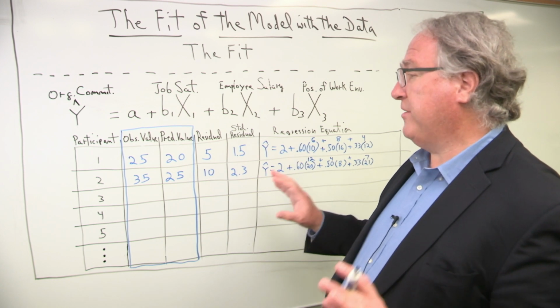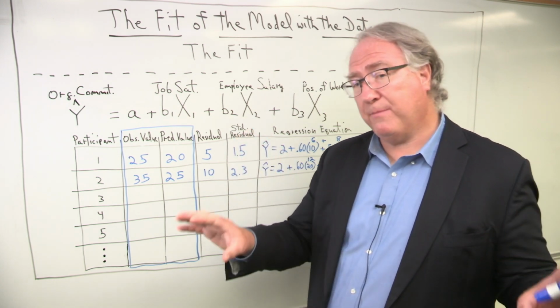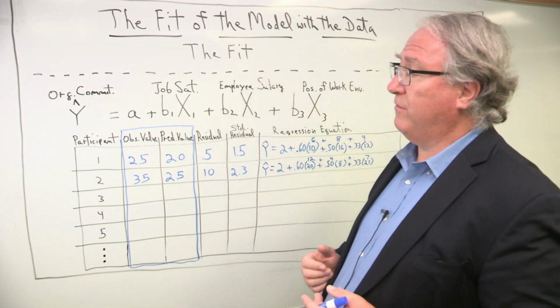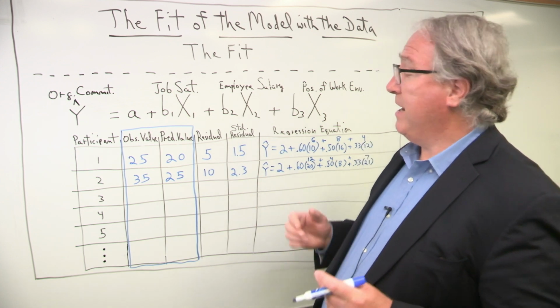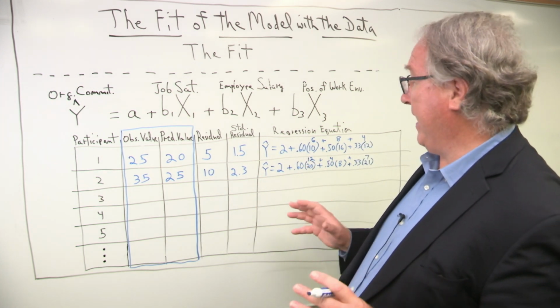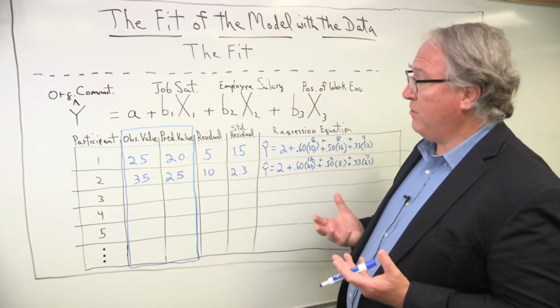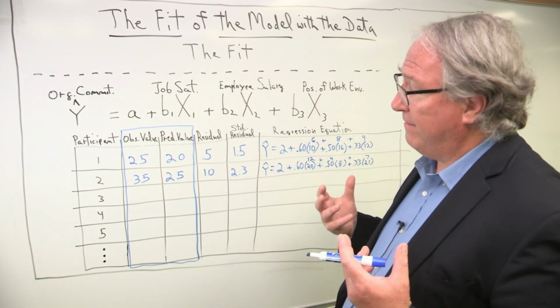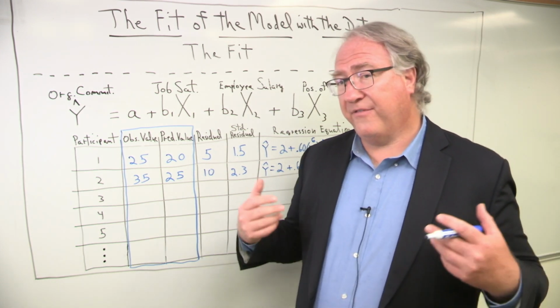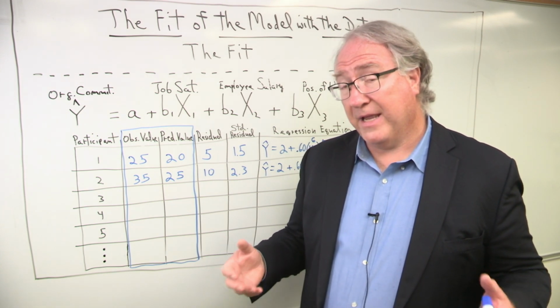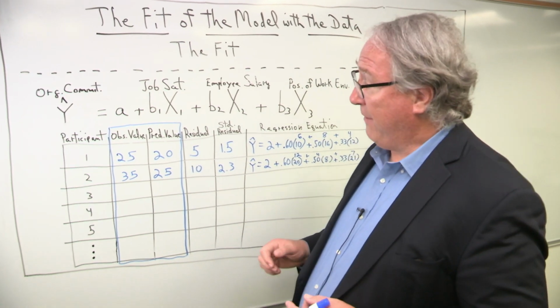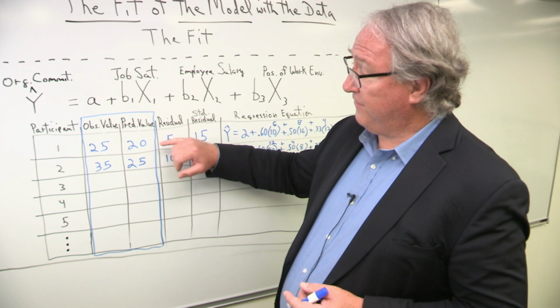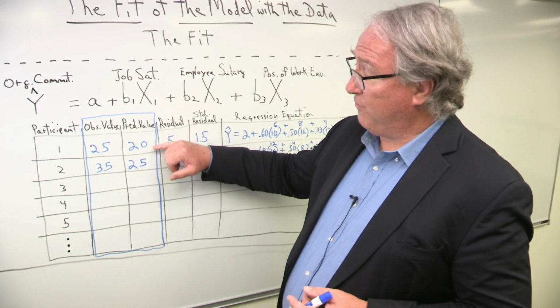And in fact, but before I do that, I'm going to point this out to you, and then I'm going to do one more time for participant 3. But what I want to point out to you right now is that notice what is creating the variance in the predicted values. And when I talk about the variance in the predicted values, I'm talking about how they vary from one another,